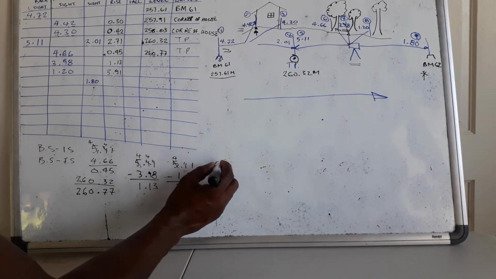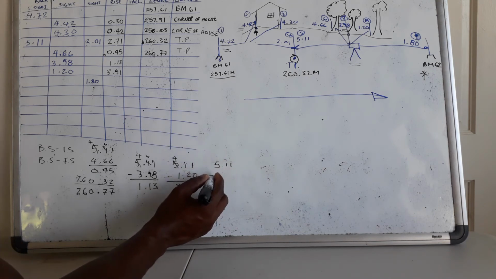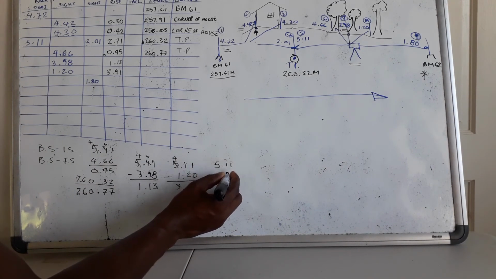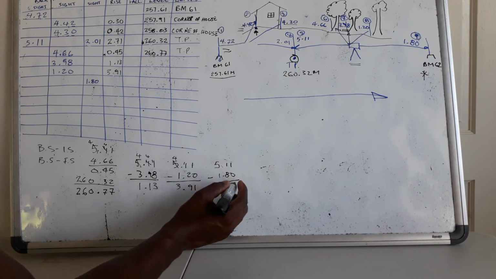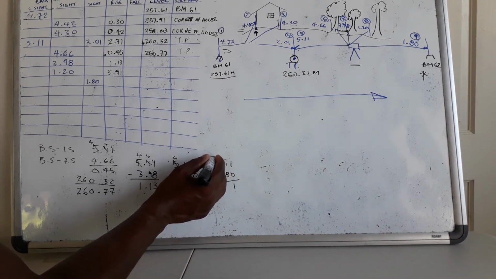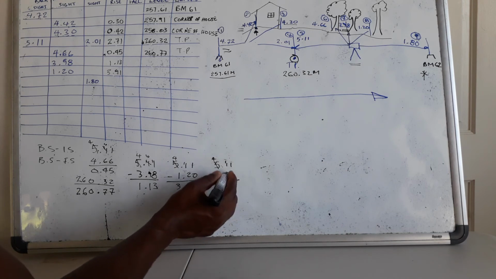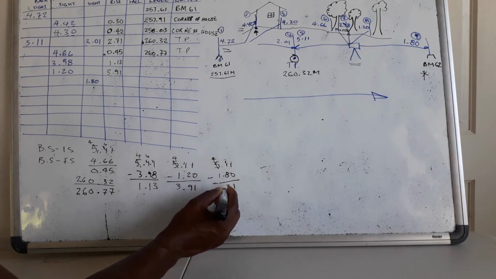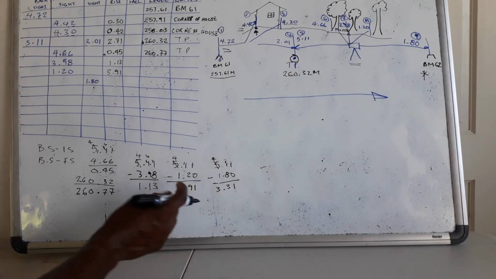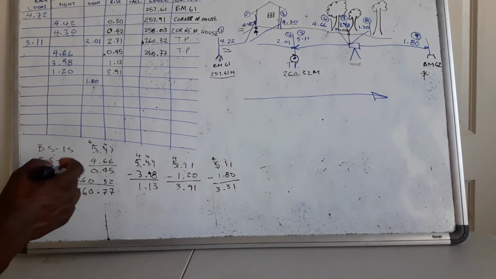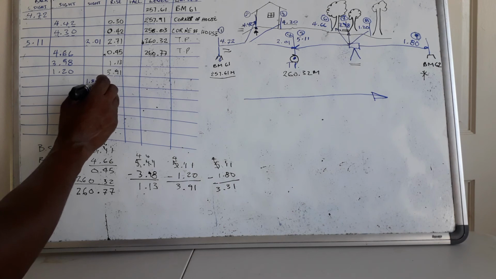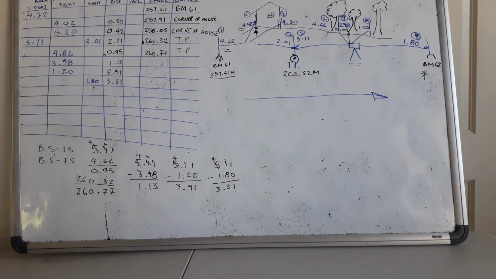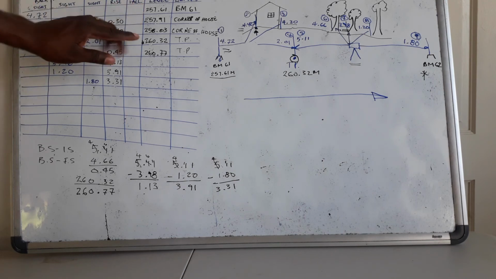Also, still our same backsight reading, less now our last foresight reading here. Borrow one from here. So 8 from 11, that will be 3. So we now have a rise of 3.31. Now then, I do believe based on our progress that we have made here, you would be able to